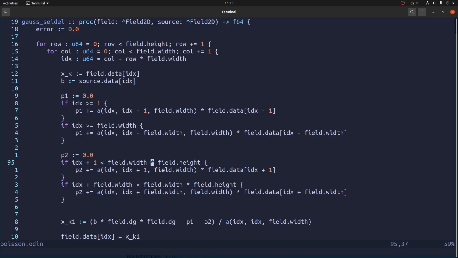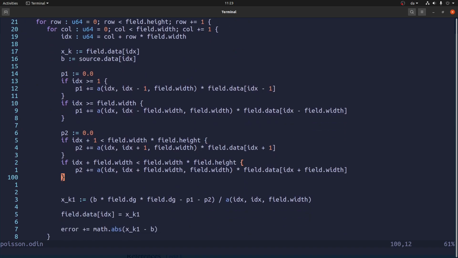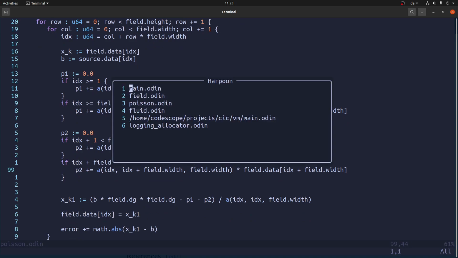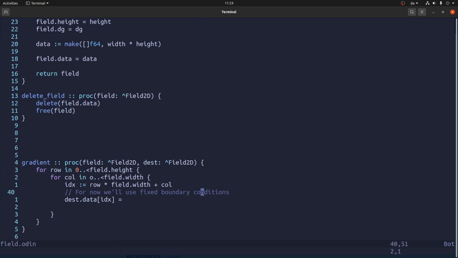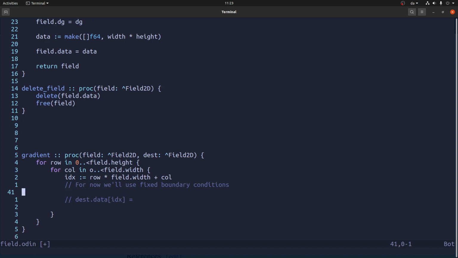If this is less than that, then we do it, otherwise not. That does indeed look like fixed boundary conditions. So let's stick to that. This basically means that if you try to look at what's outside the image, we just consider it to be 0. So let's try to do that,